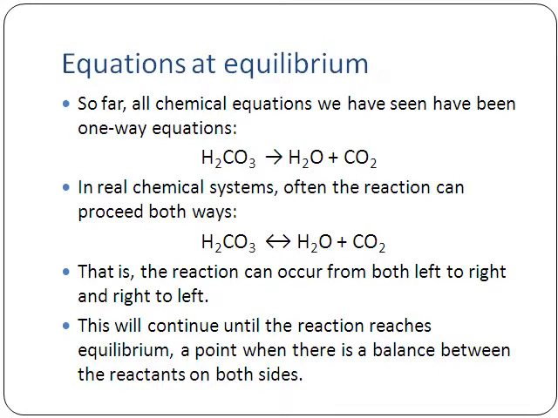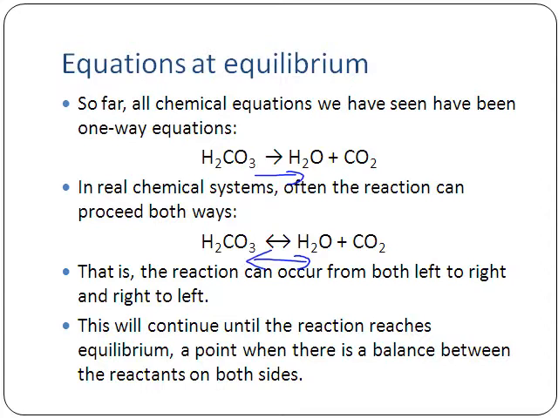Equations at equilibrium. Chemical reactions, every one that we've seen so far in this class, have been one-way equations. So we have H2CO3, carbonic acid, which decomposes into water and carbon dioxide. This goes one way, from carbonic acid to water and carbon dioxide. Oftentimes, though, in real chemical systems, the reaction can go both ways. Can carbonic acid decompose into water and carbon dioxide? Yes. But sometimes water and carbon dioxide will basically use a synthesis reaction going back the other way and reform